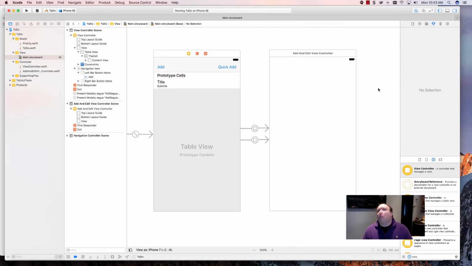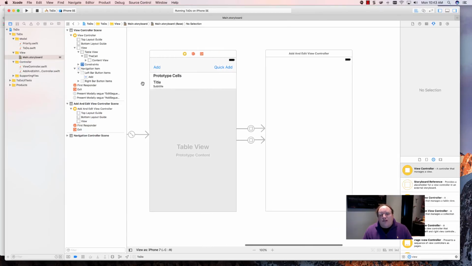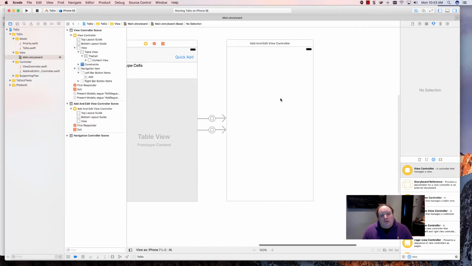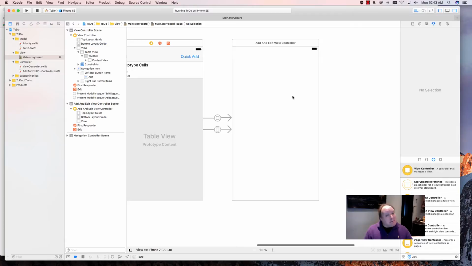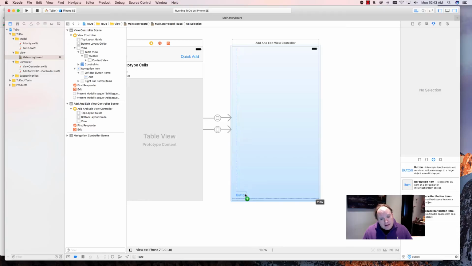Now, right now, even though there's a navigation controller, navigation controllers don't extend onto modal views. So we have to give some way to get back from this view once we're finished with it. Like I said, we're going to do lots of work with this, but let's just make something simple for now. So down in my objects, I'm going to just make a button. And I'm going to drag the button and I'm going to put it down here at the bottom left-hand corner